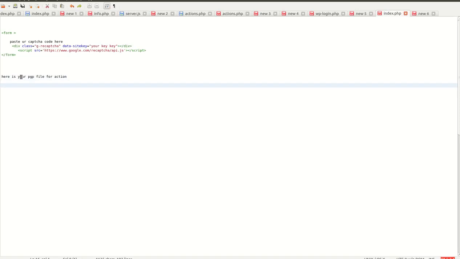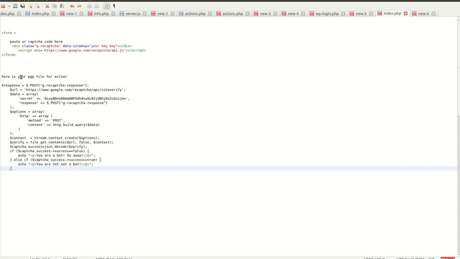In this file you will receive all post formats. So here you have to add this little bit of code. Let's consider this is your response of the CAPTCHA received from Google. So when your form is submitted, you will receive the post variables in the post array. In the post array you will also receive the gCAPTCHA response, because you have added the gCAPTCHA inside your form.